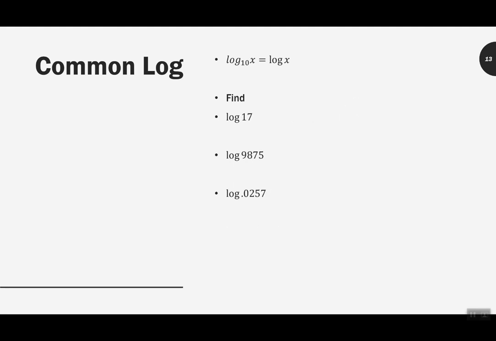So let's look at some that are not perfect powers of 10. So this requires you to grab your calculator. Let's go ahead and do these to 3 decimal places. So I want you to find the log and then put in 17. You should get 1.23 and then 0. I said 3 decimal places, so we want to go to that third one. The log of 9,875. So I have log 9875. This gives me